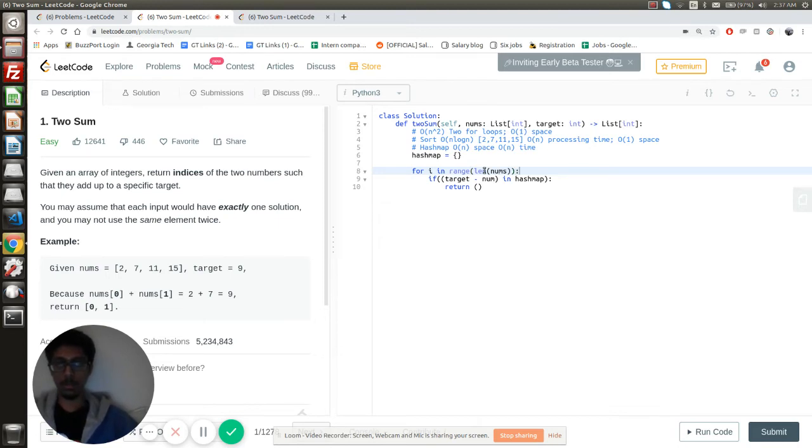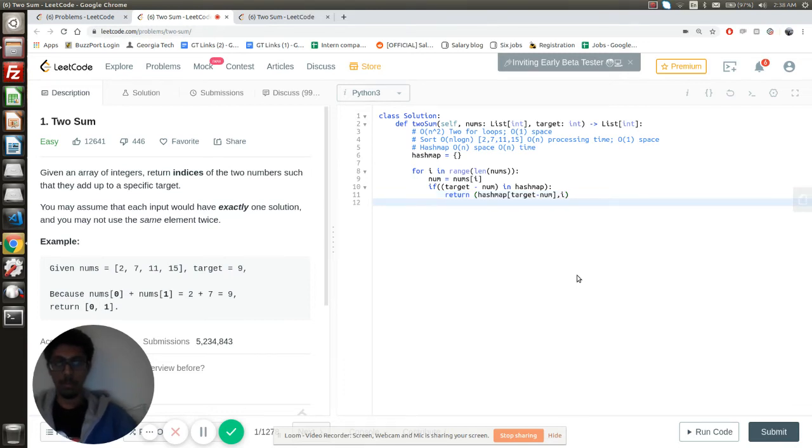So i is the index of the num. num is nums of i, and so we need to return j comma i, where j is the index of the target minus num. So what we can do is we can save this target minus num as a key in the hash map, and the value should be the index. So your j should be nothing but hash map of target minus num. Okay, so that's how we do this.